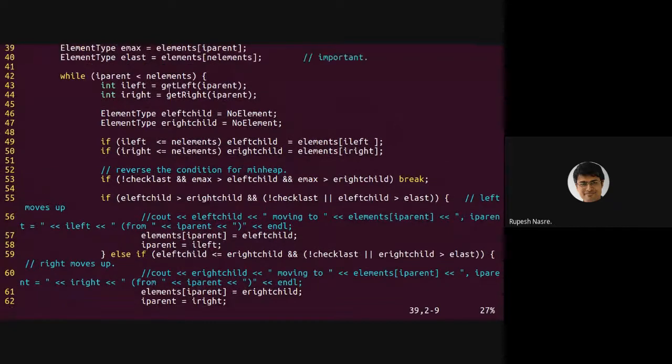Okay, so we look at the left child of the current parent, which we started with root, and the right child. There is some initialization with respect to the left child and right child, so that is okay. E left child becomes elements of I left, right? I left was only the index. Now the element that I have is stored in E left child. So I have the root to start with, its left child, its right child, as well as the last element.